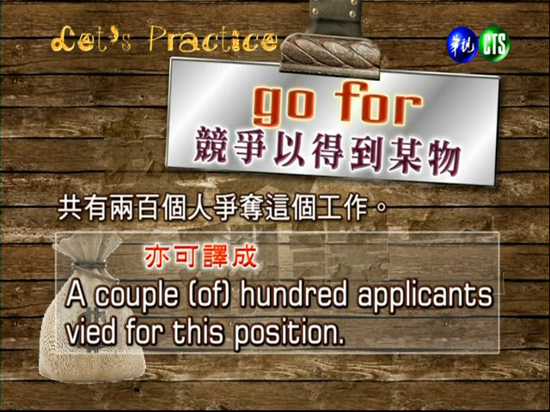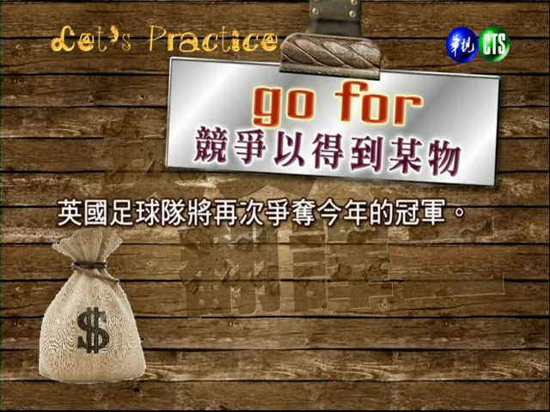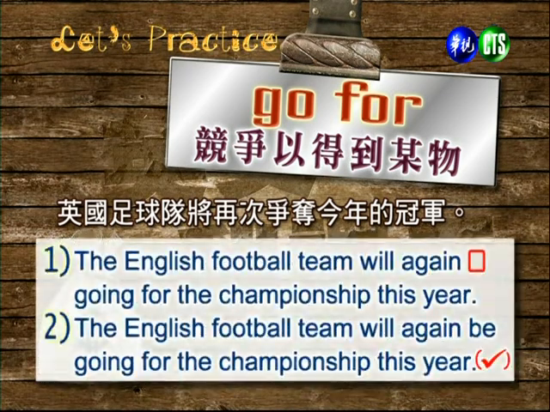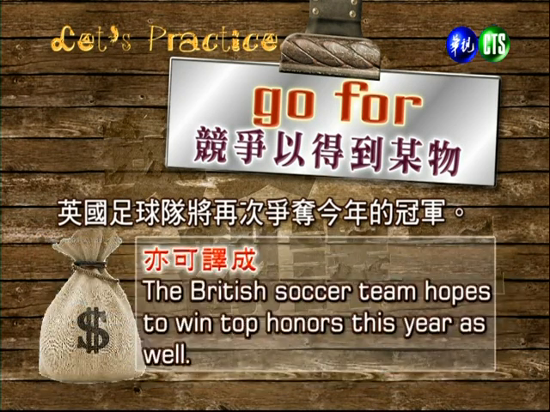好，vied for 也是争夺的意思哈。看下一句，英国足球队将再次争夺今年的冠军。The English football team will again going for the championship this year. The English football team will again be going for the championship this year. 好，哪边有错？All right, you have to have a copula there or it sounds like Chinglish. So the second one's right. 好，要这个 again be 在那边，不能没有 be 哈。好，我们看怎么翻，另外翻翻看。The British soccer team hopes to win top honors this year as well. 好，冠军是 win top honors，也可以这样说哈。好，下面。